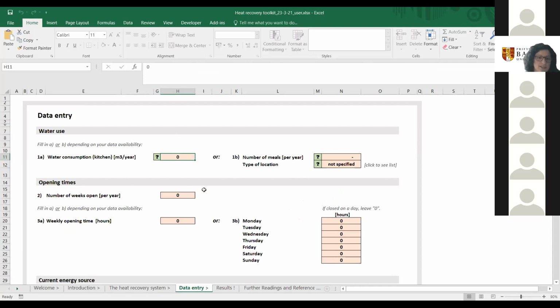The first question is about your water use, and you can choose between either filling in the left side or the right hand side depending on the data you have. And don't worry if you don't have any data today, because when you click on this question mark, you will get some more information and also the typical values you can insert here, so you can play around with this. So you can either decide between filling in the water consumption of your kitchen in cubic meter per year, and if you don't have this information at hand, it might be easier for you to fill in the right hand side,